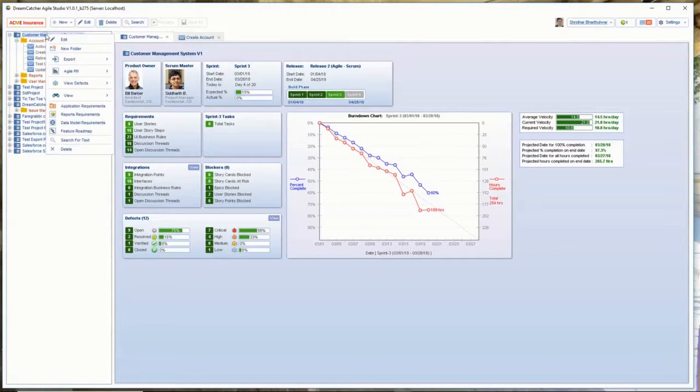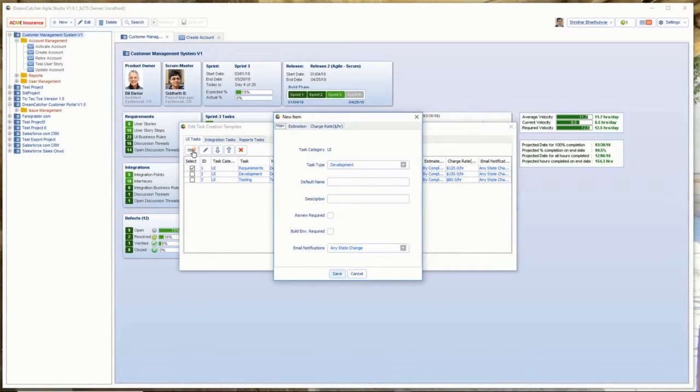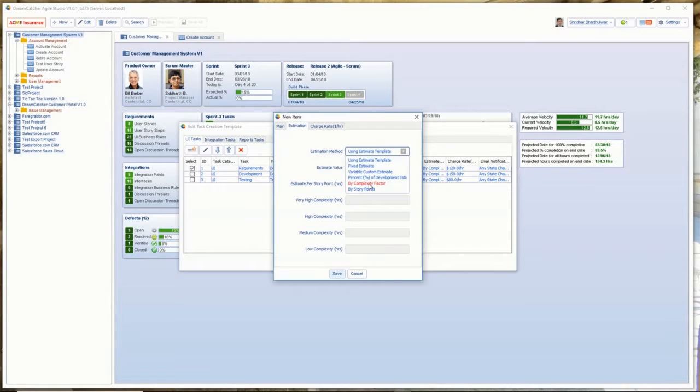DreamCatcher introduces the ability to define task templates and estimate templates. Using task templates, you control what tasks should be automatically generated for each user story. Estimate templates allow you to then automatically estimate these tasks using one of the many estimation methods available. The ability to automatically create tasks and estimates is a great time saver and helps you quickly estimate an entire